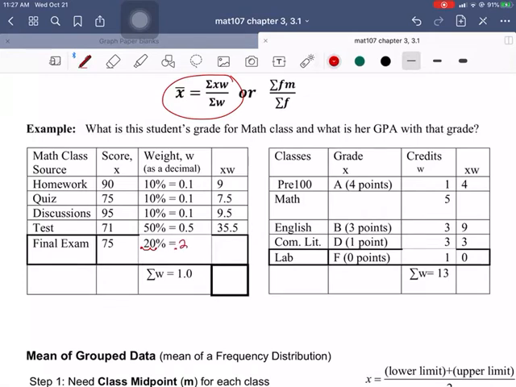So if you have 20%, the decimal is here. Dividing by 100 puts it here at 0.2. 75 times 0.2 is going to give me my grade with the weight on it. Okay, and then I'm going to add all of these up and get 76.5, which is my weighted mean, because we're just dividing by 1